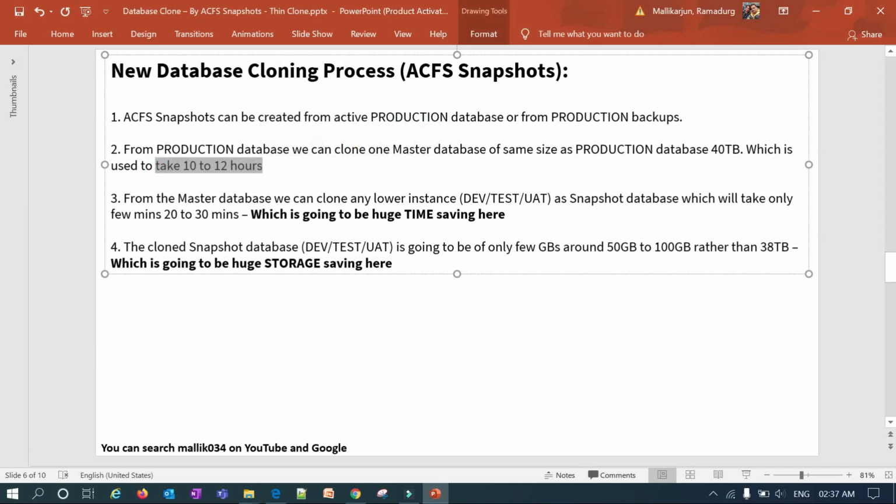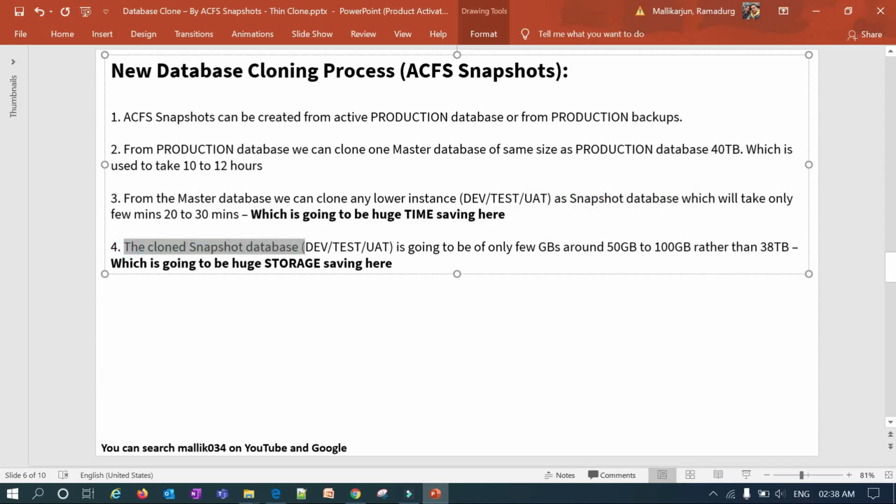Same here also, from the production database we can clone and create one master database in ACFS file system, the same size as production, that is 40 terabyte. From the master database I can clone lower instances, development, test, UAT, as snapshot databases, which used to take only a few minutes, 20 to 30 minutes, which is a huge time saving here.